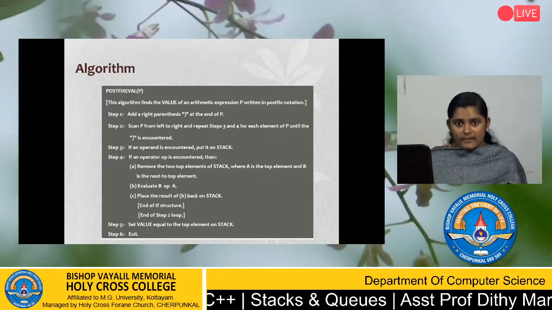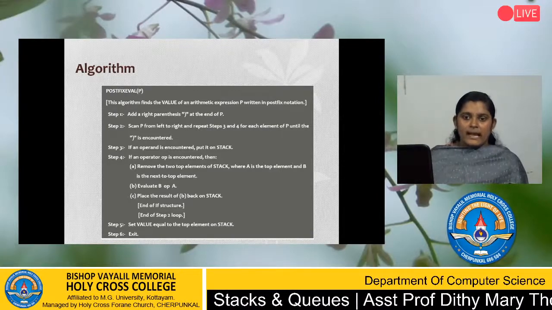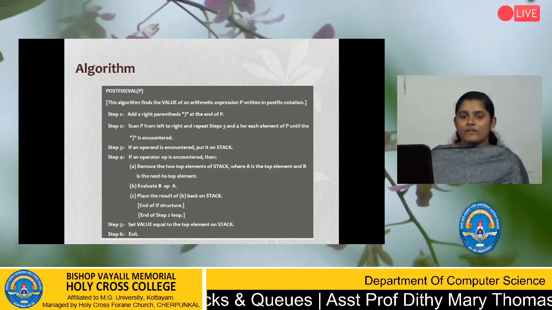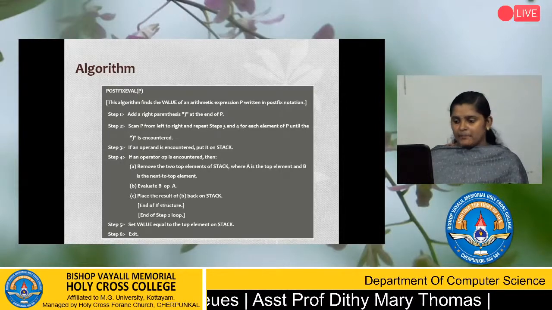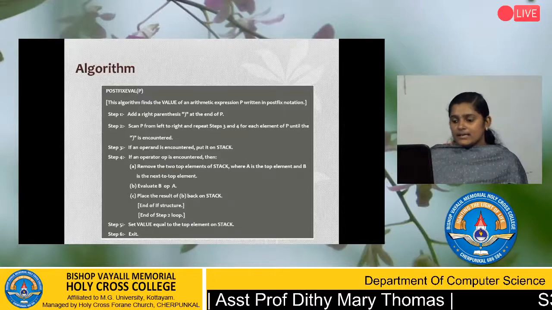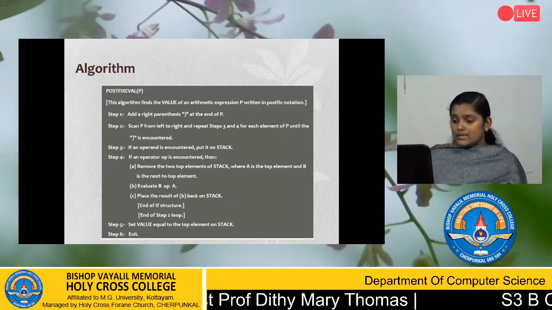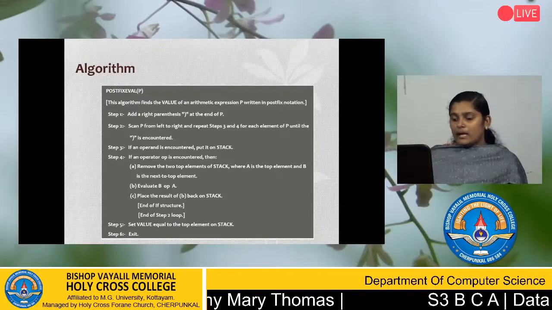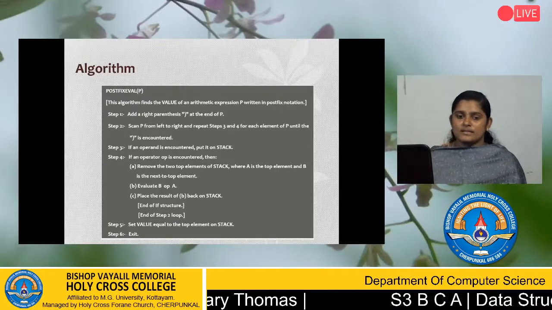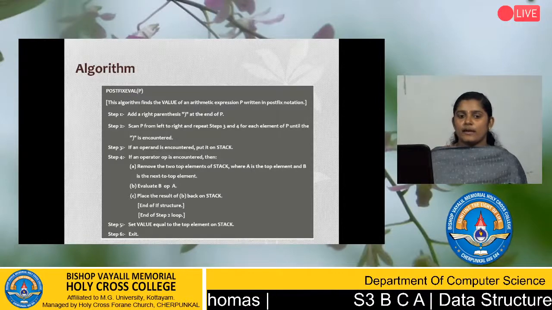A is the top element, then B is the next top element. The calculation is always performed as B operator A. Then place the result of B back onto the stack. Then set the value equal to the top element on the stack. This is the procedure for evaluating the